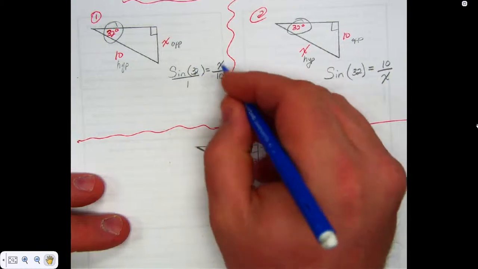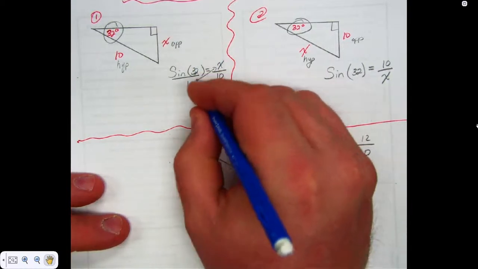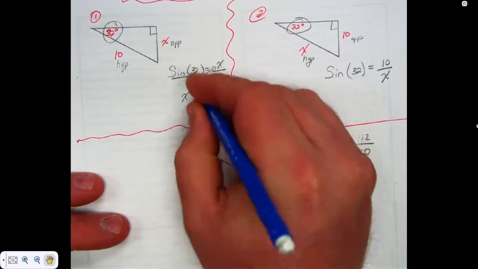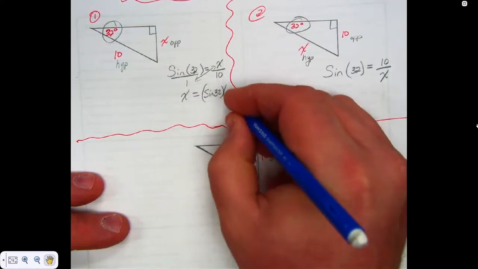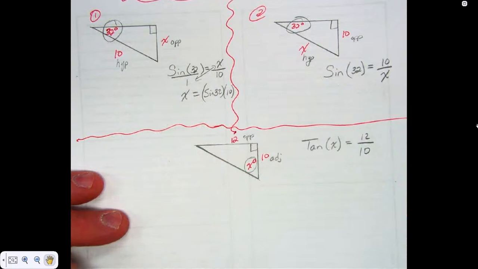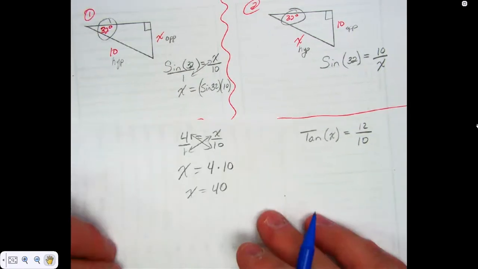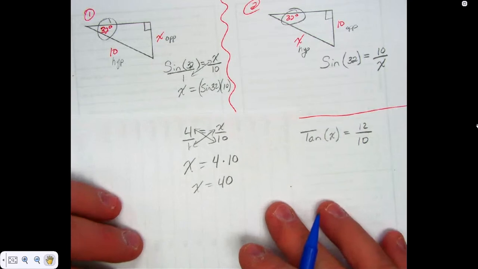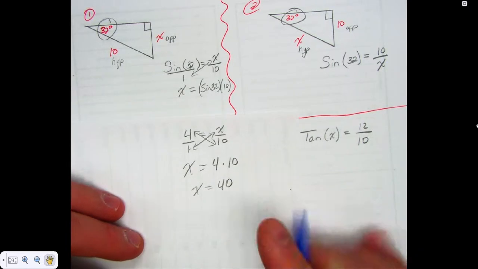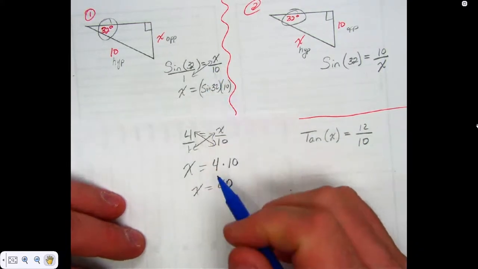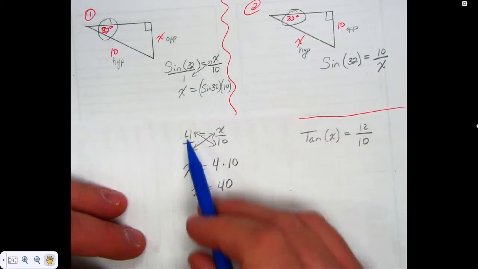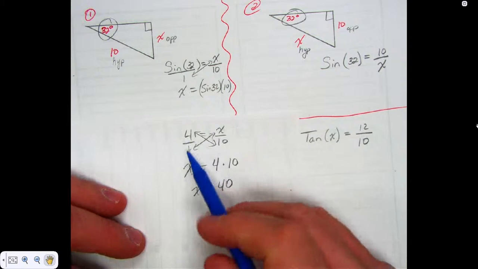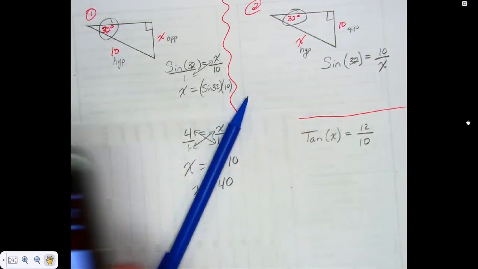What could I do? So 1 times x is what? And this would be sine, I'm going to go ahead and not write the parentheses and put it like that. Sine of 32 times what? 10. Now, if you look at these two right here, are they really that different? These two equations I'm trying to solve? They're really not, are they? It's just I had this big ugly number, and then I had this big nice pretty number. Well, guess what? When I put it into my calculator,